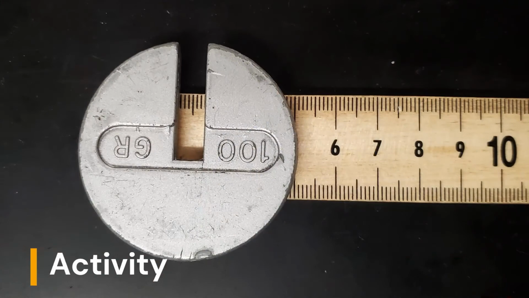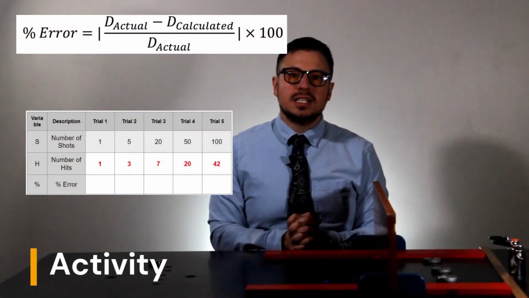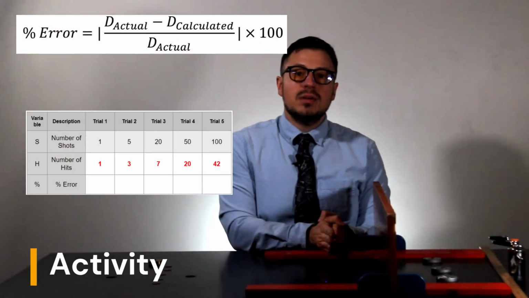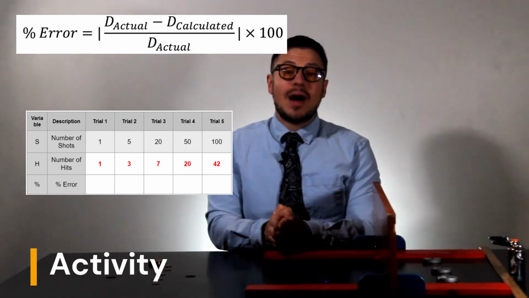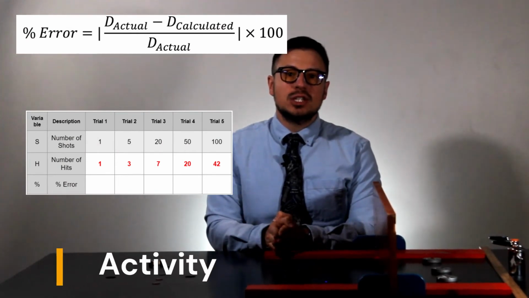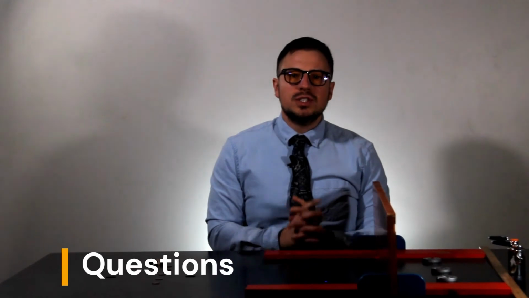Now we can use the meter stick to measure the actual diameter of these unknown masses. You can see here the masses are 5 centimeters. So now we can use this equation to calculate how the number of shots affected how accurate the calculated measurement was. So some questions we should ask ourselves is, how did the number of shots affect how accurate our